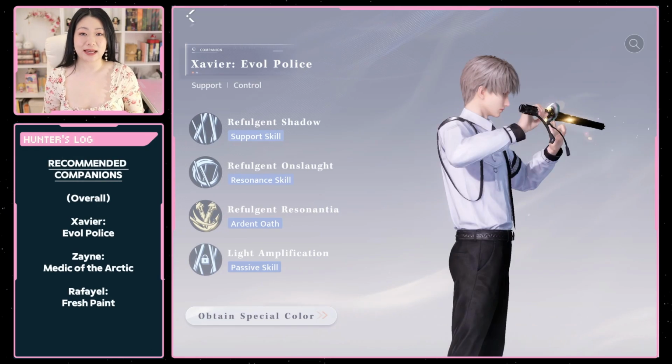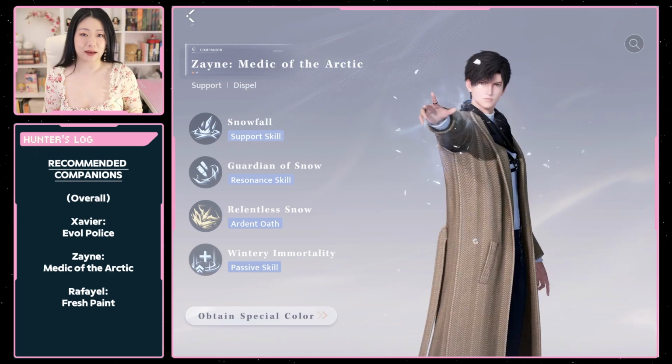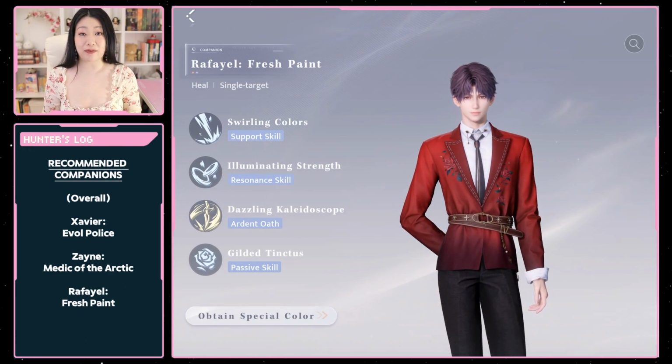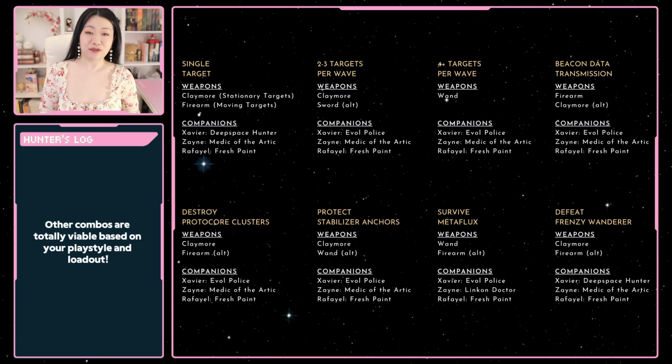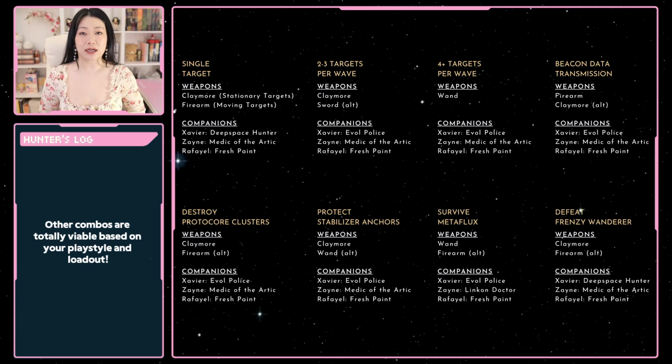For which companions to take on each of these encounters, generally Xavier Evil Police, Zane Medic of the Arctic, and Raphael Fresh Paint are best because they do the most damage and have AoE attacks. For now, for easy reference, here is a graphic outlining my recommended combinations for each encounter, assuming you have a